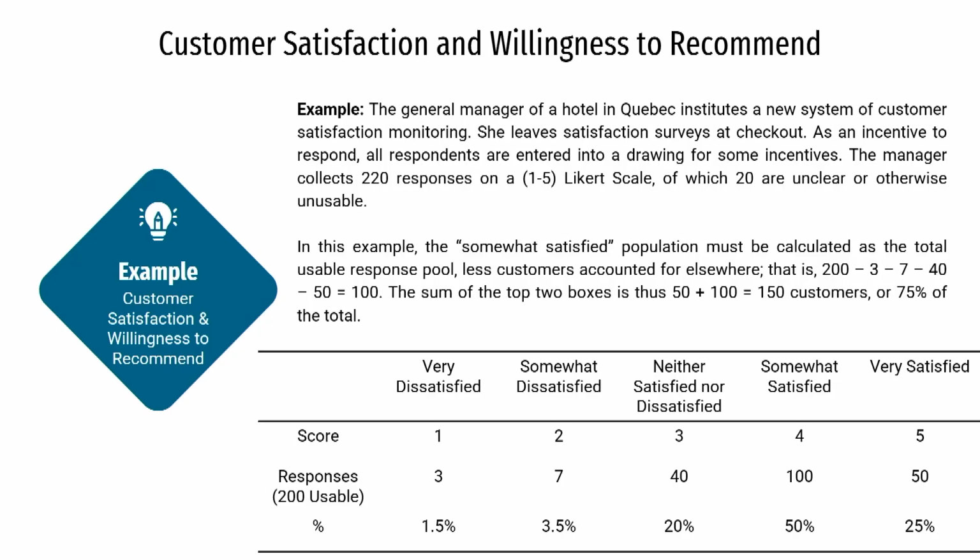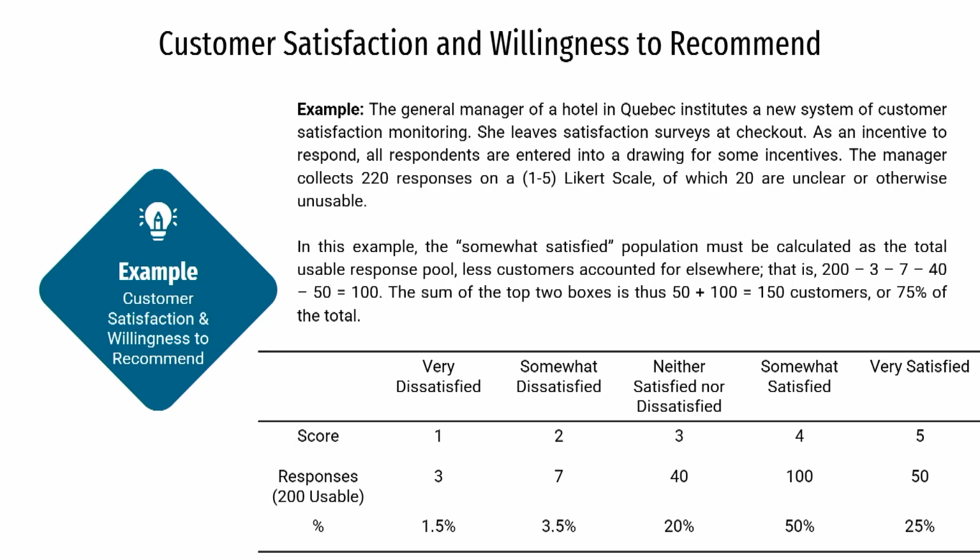Let us have a look at one example. This is an example from a hotel, let us say a Delhi based hotel. Imagine a Delhi hotel manager surveys 220 guests, and out of these 220 data points, 200 are usable. The responses may look like this, you can just see in the table.